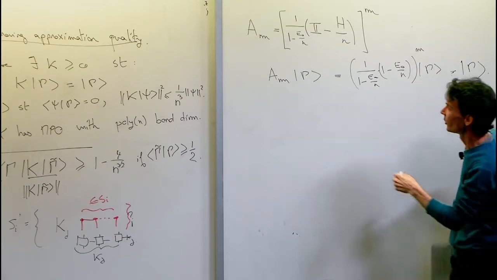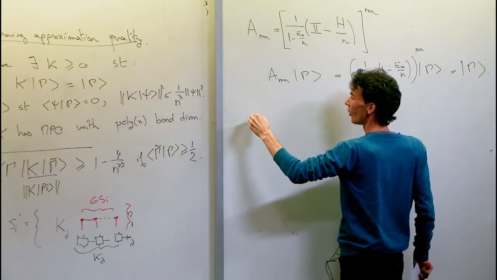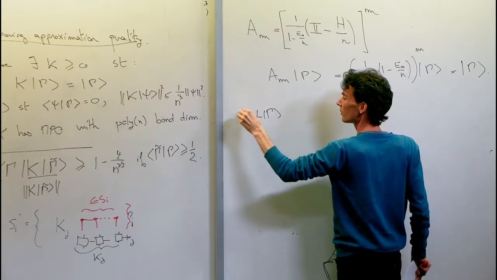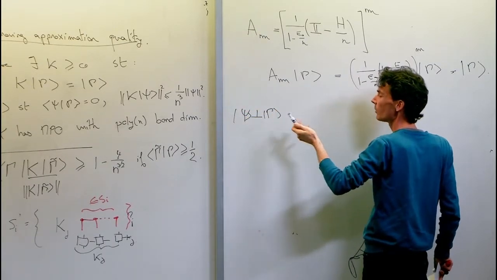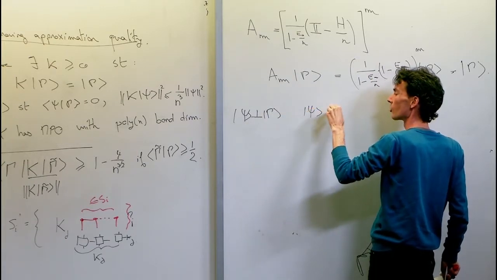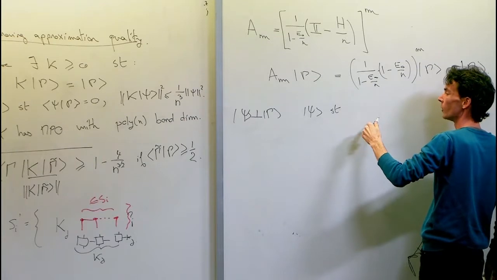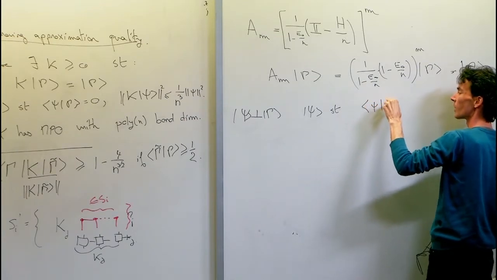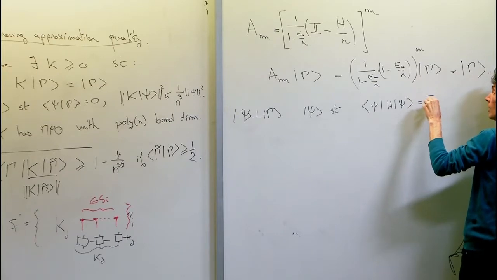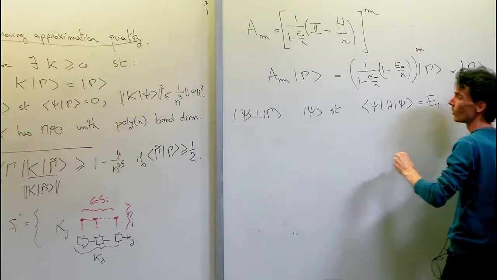Gamma. So this is good, right? And now if I take psi, which is orthogonal to gamma, let's say to simplify, let me take psi such that it's one of the excited states, such that psi is an eigenvector of H with energy E1. So in that case,